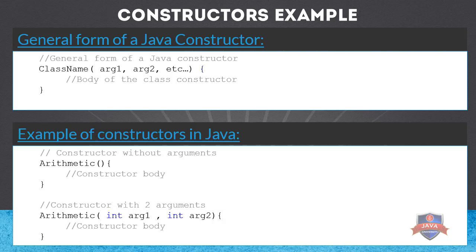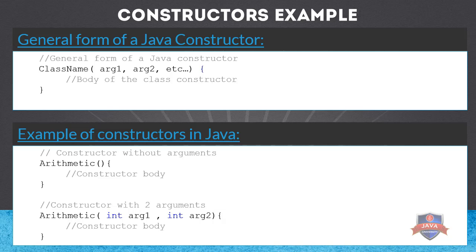As we have said, a constructor initializes an object at the moment of creation. It's also responsible for reserving the memory for the creation of the object. To create a constructor in Java, the general syntax includes the name of the class. In this way, we can identify if a class has a constructor or not. Prior to this, it may or may not have an access modifier such as public or private. These modifiers will be studied in detail later. After the name of the class, similar to a method, it may or may not have arguments.